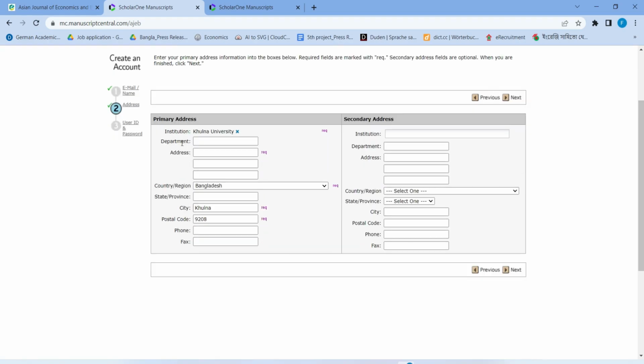After that, you have to select your department, if you are in the economics department, BBA department or marketing department. Then you have to write your address, not your home address, but your institutional address. So my institutional address is